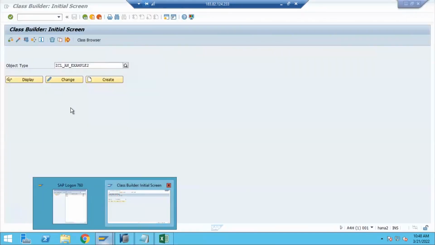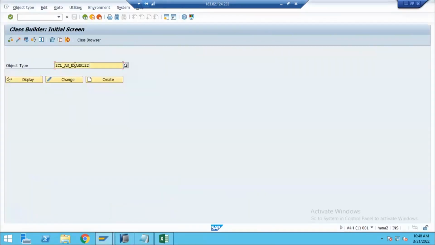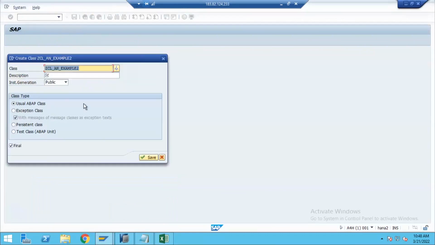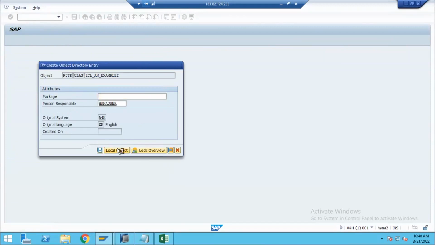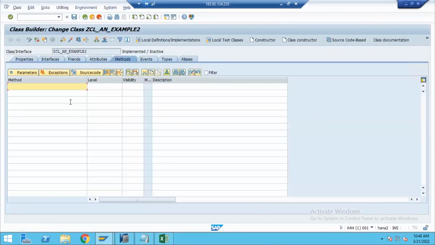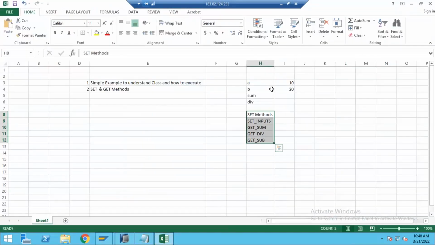Now I am creating a class with an example, ZCL AN example2. I'm not changing anything here. Click on save, local object. What I said is, first I will take the same example on integers. Later, we will go to the string operations also. Or else,